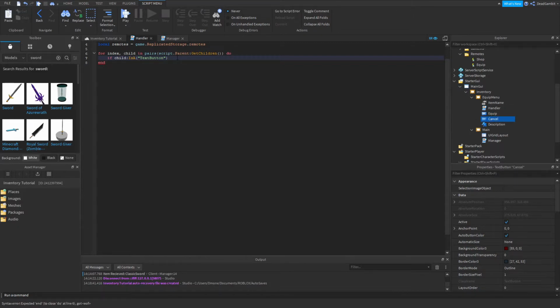So if the child here is a text button, then if child dot name is equip, then if child dot text is equip, then